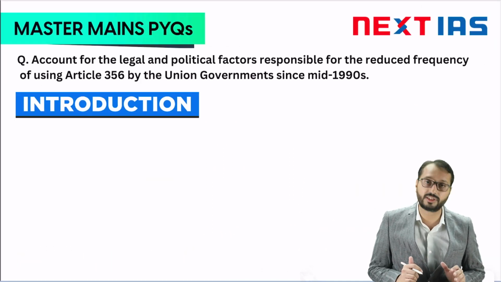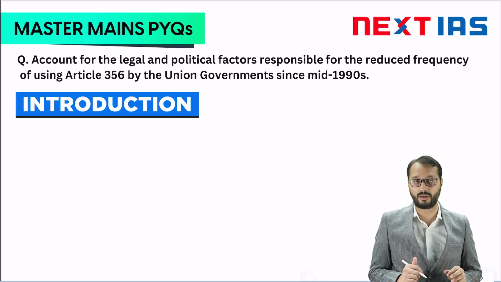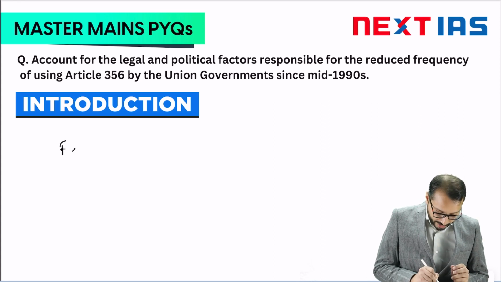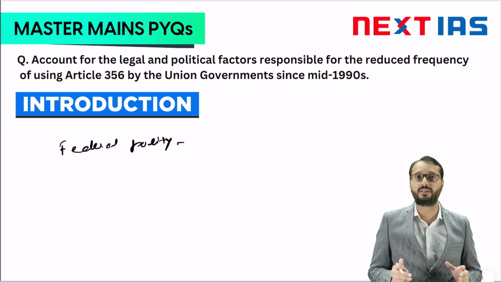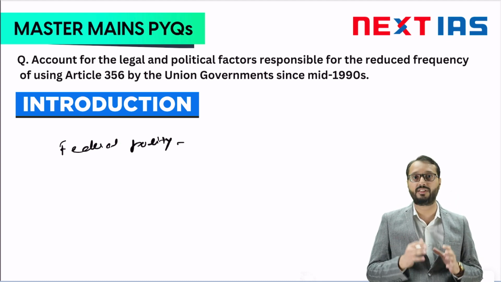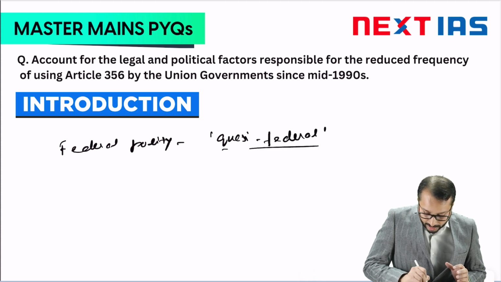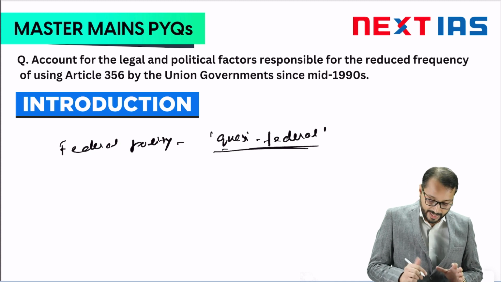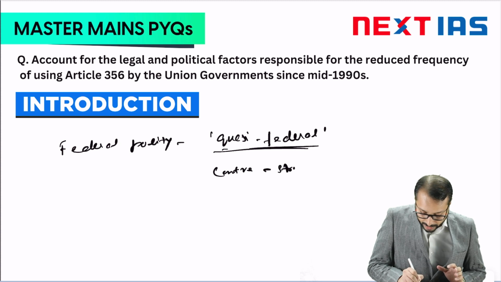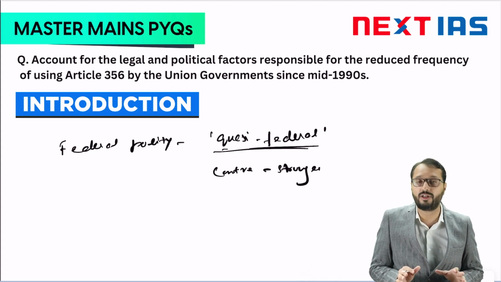As far as the introduction is concerned, you can draw from the context, the discourse of the question itself. India has adopted a federal polity because we wanted to efficiently govern the vast diverse country. But our model of federation is not a classical federalism where center and states are on equal terms. India is said to be a quasi federal state. In a quasi federal setup, the center automatically is stronger, right? And under Article 356, the center has the power for the imposition of president's rule